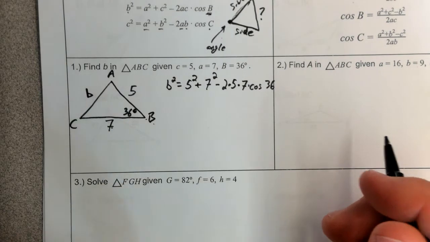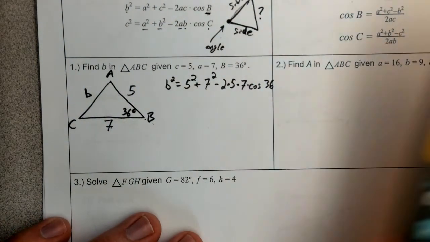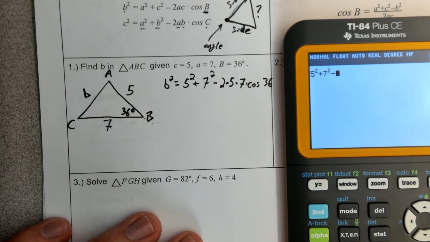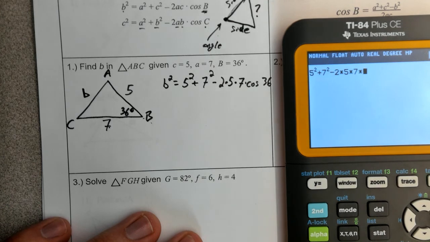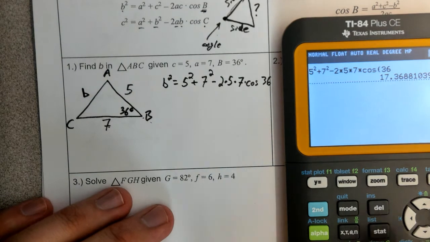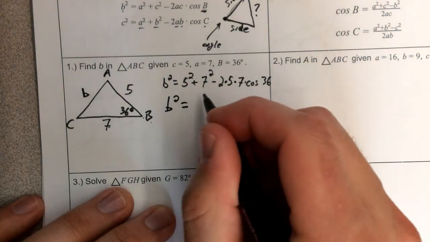All right? And then what you can do is put all that in your calculator, and you can put it all on one line. It's just 5 squared plus 7 squared minus 2 times 5 times 7 times cosine of 36. And now look what you get, because some of you are going to make this mistake, so try not to be that person. So you get b squared equals